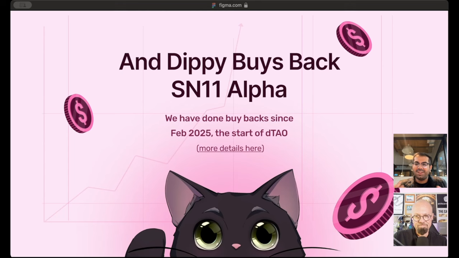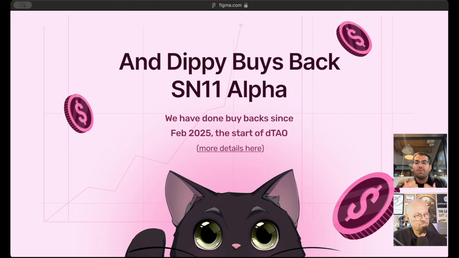So we felt like, hey, the model's at the core of the subnet, so it makes sense to just give away all the revenue that we make from it. But obviously, we have other operational costs associated with the app. And so now the ideal structure that we've arrived at is Dippy Studio now is a media inference product. And right now, our spend on media inference is about $6,000 to $10,000 a month.